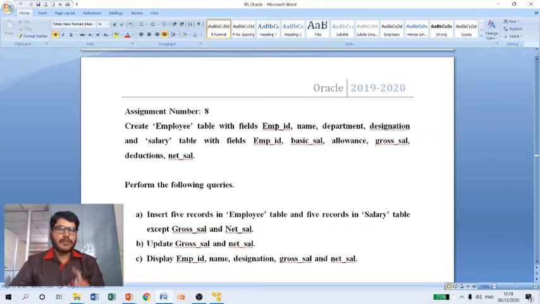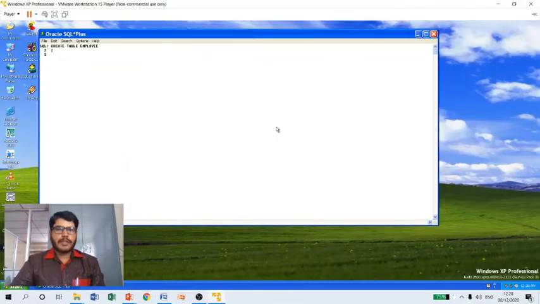If I consider number, I cannot store E, isn't it? So that's why let me consider employee ID, EMP underscore ID in this case, as they have specified here.